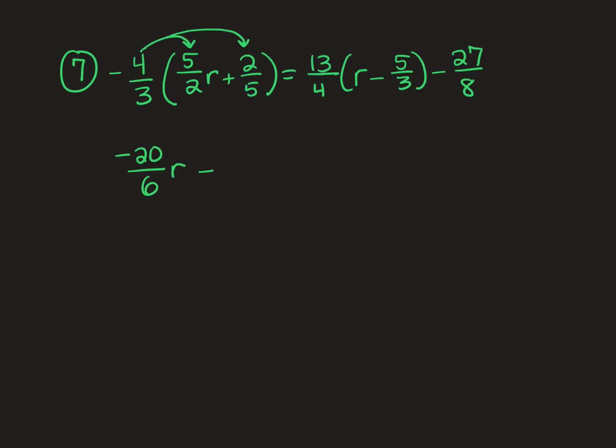Minus 8/15 equals, so we have 13/4 times r, minus, so that's 50 plus 15 is 65/12, minus 27/8. Now